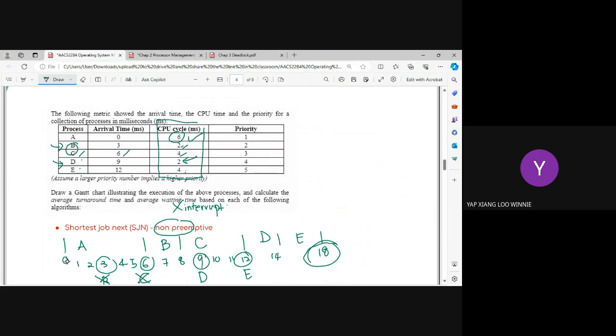I don't want to see anyone start with 1. Whoever starts with 1, I'll tell him he treats the whole class to Haidilao. Okay, so this is for shortest job next,